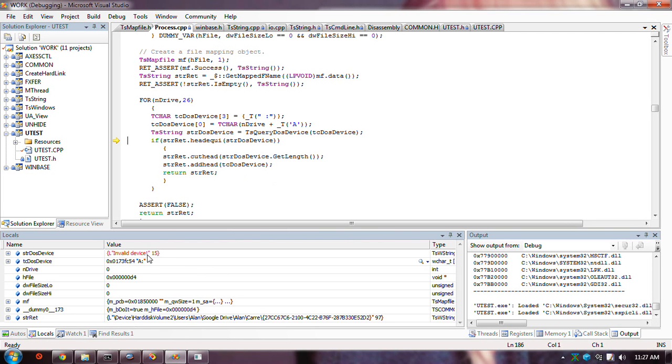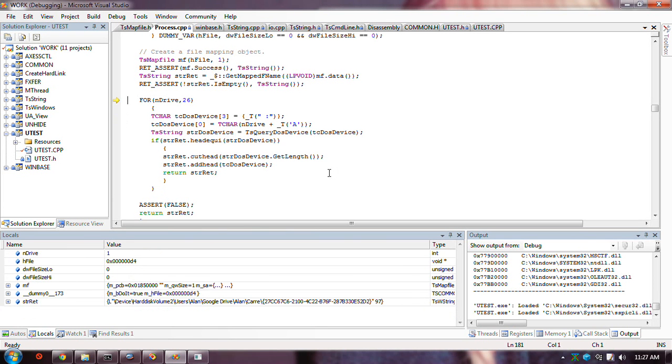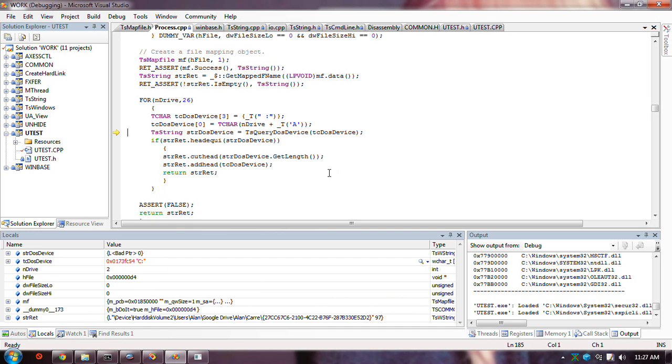See? Invalid device. If it is a valid device, B is invalid too. C is not invalid. It gives me this string. If that string happens to be the head of the string that I got from GetMappedFileName for the memory location, then I return.